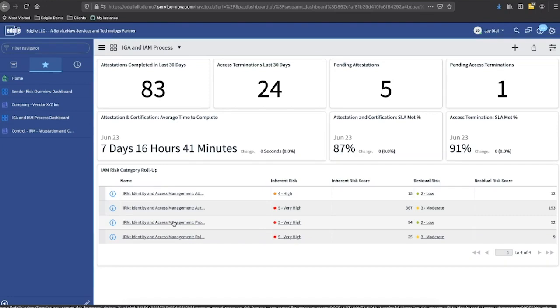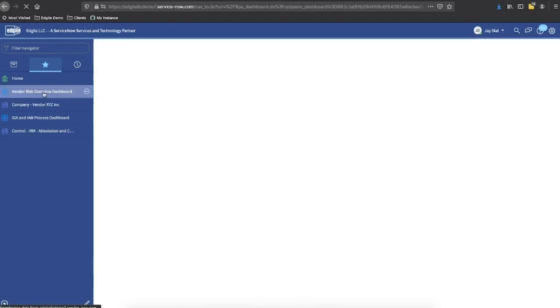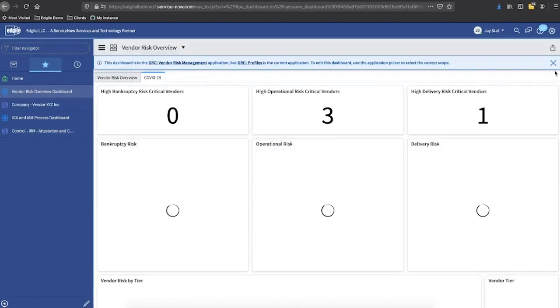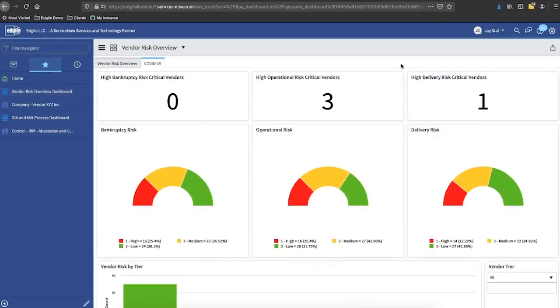So the last little vignette we want to show relates to our vendors and the dislocated supply chain. So we're looking here at a vendor risk dashboard that was built specifically for risk assessments that our client was performing as it related to COVID-19. In addition to their regular vendor risk management program and the due diligence they perform, they started to perform a more frequent